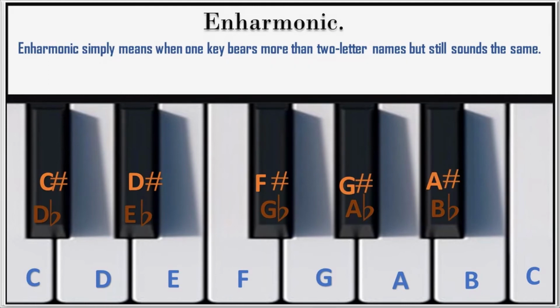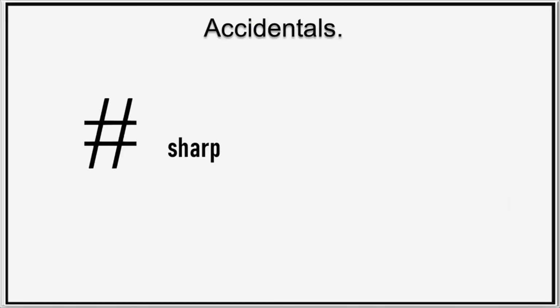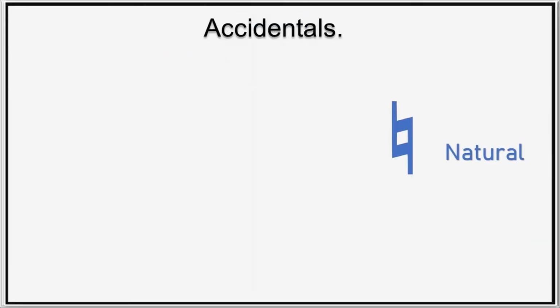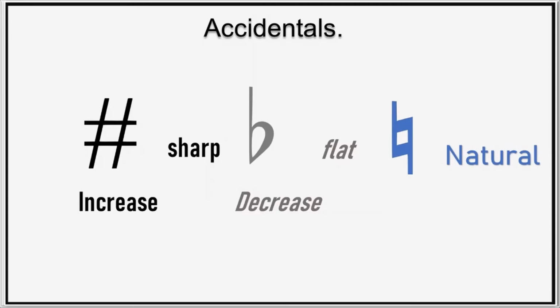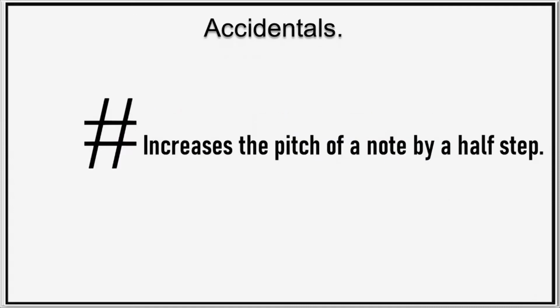Now the last section of today's topic, accidentals. Accidentals are those signs which are sharp, flat, and natural signs used to increase, decrease, or restore a note back to its original pitch. These accidentals are written immediately before a note. So, they are positioned before a note and not after. Sharp. The sharp sign increases the pitch of a note by a half step. For example,